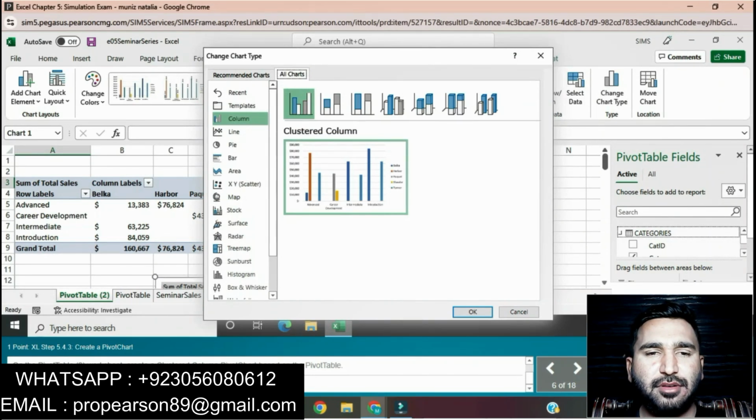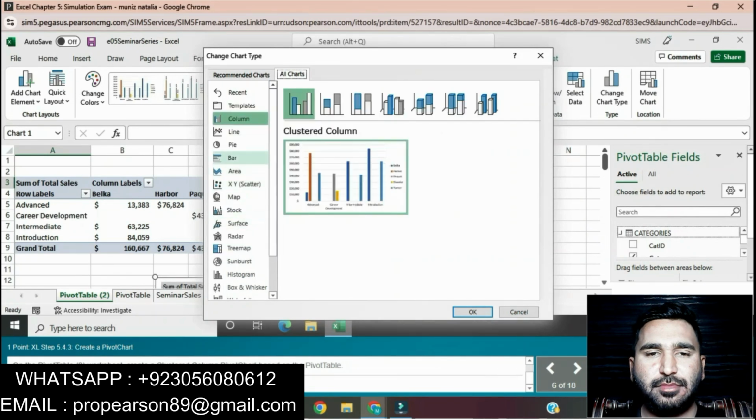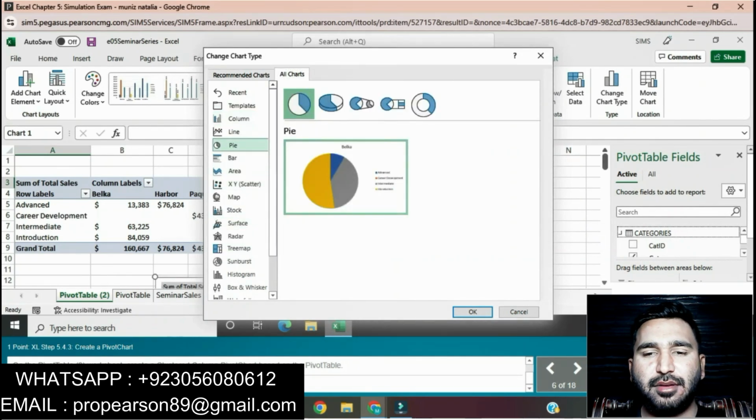Click on pie chart, then press OK. This chart type change will be a pie chart. Click OK and then this question will be done.